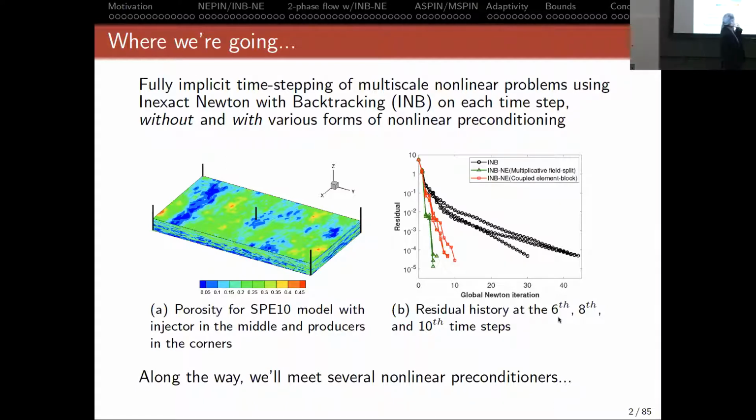If you solve implicitly with Newton's method on each time step in a progressive discretization of the overall system, you see the convergence is relatively slow. That's the 6th, 8th, and 10th time steps in black there. Whereas there are very simple preconditioners, which I'll get to partway through the talk, that can converge in many fewer steps, and as a net savings in CPU time. There is an extra cost per iteration, but the savings in all those non-productive iterations will pay.